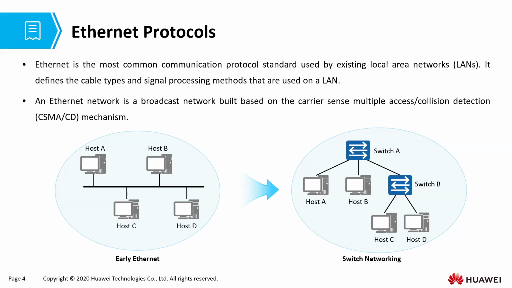An Ethernet network is a broadcast network built based on the CSMA/CD mechanism. So basically, in early communication, we used an algorithm which we call the collision detection algorithm. We also have another one, the collision avoidance,